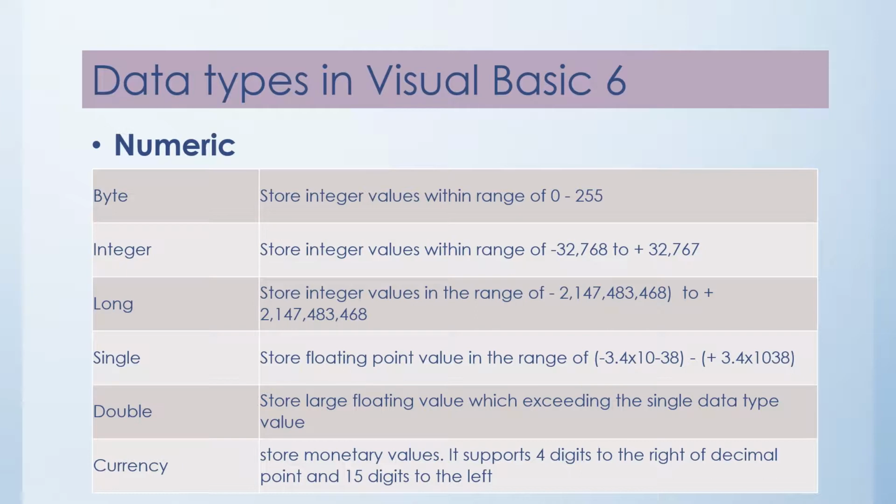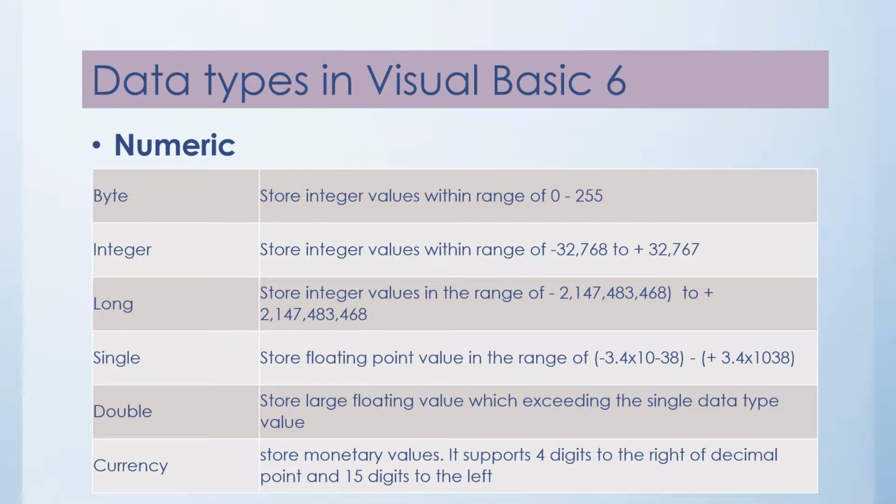And it stores integer values in the range of minus 2147483648 to plus 2147483647. Single. And it stores floating point value in the range of minus 3.4 into 10^38 to plus 3.4 into